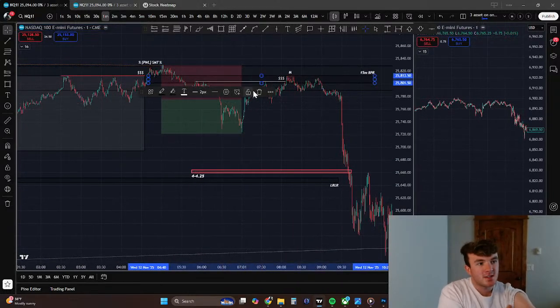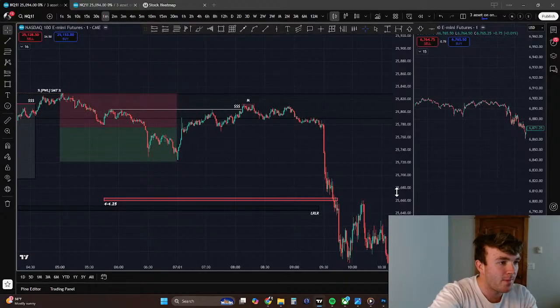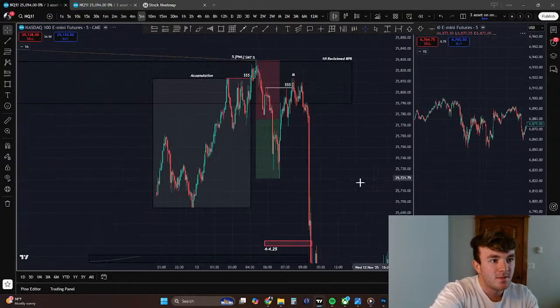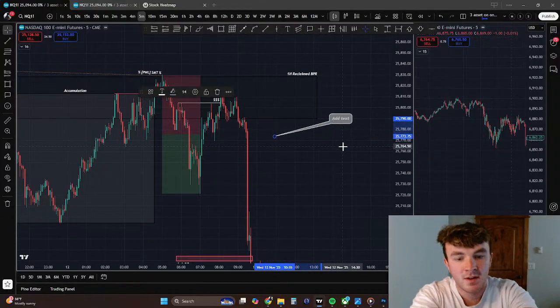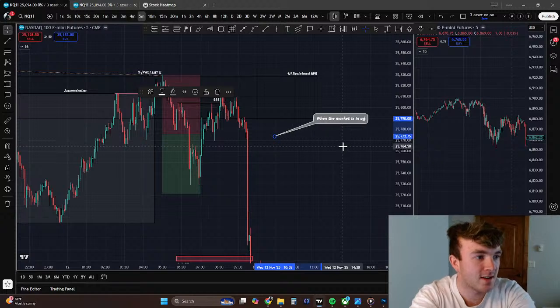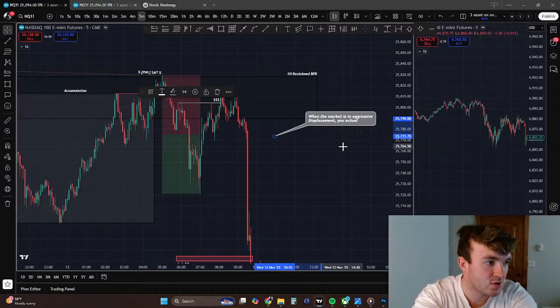Sometimes, guys, when the market's displacing, you actually don't want to see retracements to premium. This is a super advanced concept. I talked about it a little bit, I don't know when, maybe on live a while back, but when the market's in aggressive displacement, check this out. When the market's in aggressive displacement, you actually want to see discount